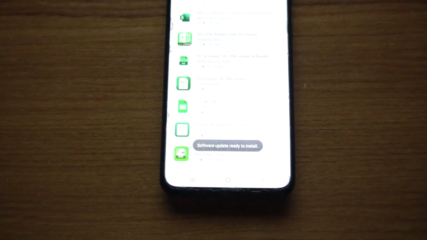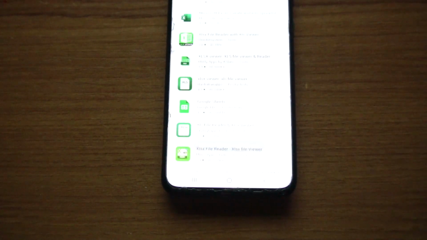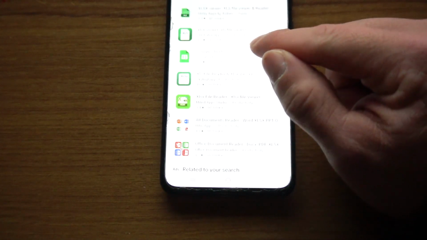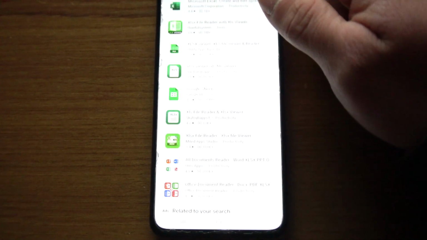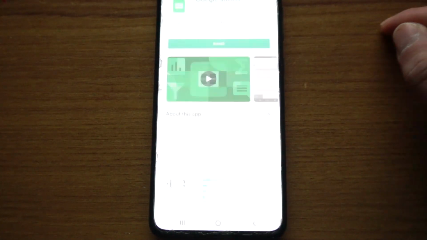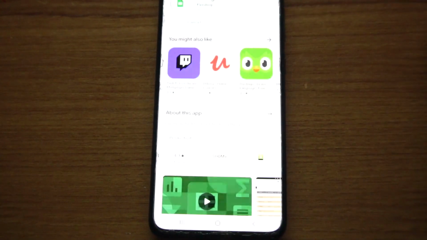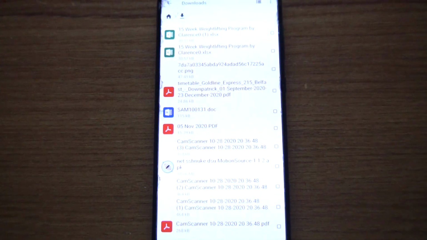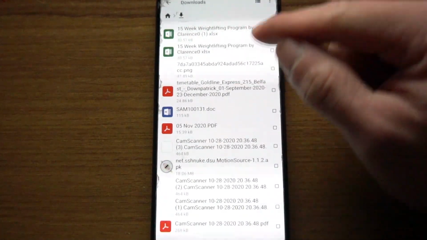It's going to search for programs where I can actually open up this file. But I'd recommend Google Sheets. If you can't find it here, just search it. So it's going to press Google Sheets. Install, wait for that to download. So yeah, once that is downloaded and installed, just go to downloads, whatever app you view your downloads in, and